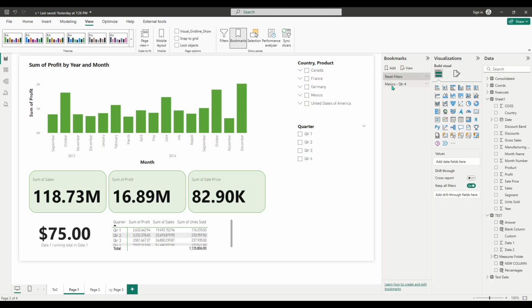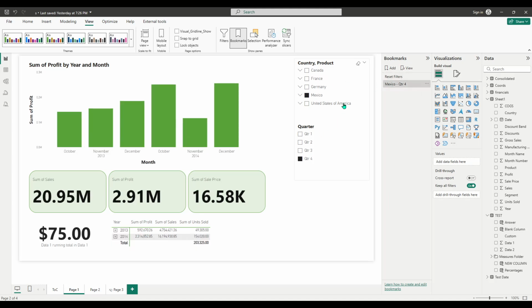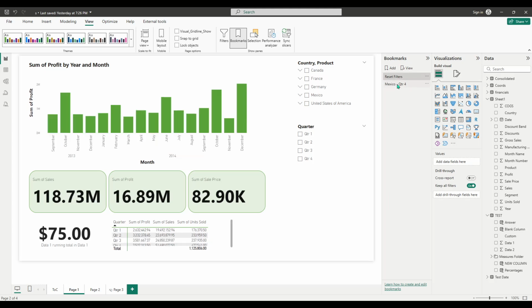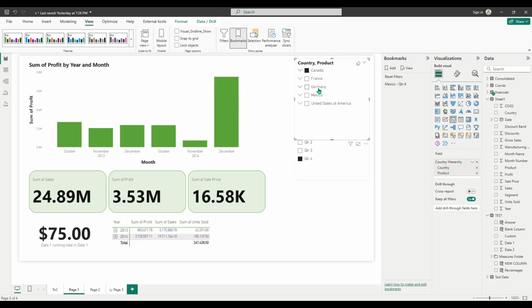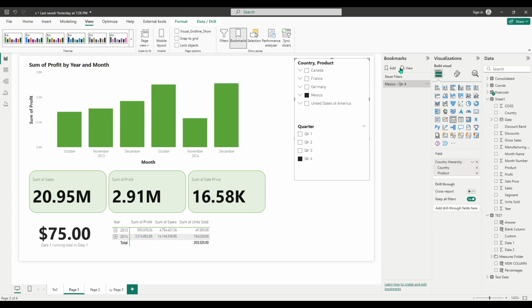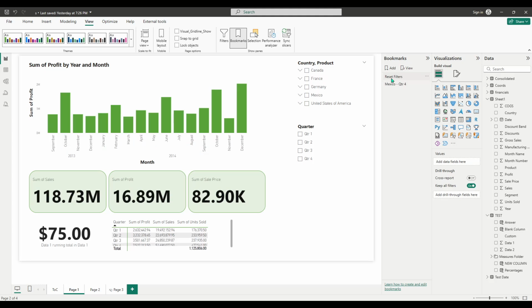To use your saved filter setup, try changing a few filters to simulate exploring other scenarios. Once you're ready to jump back, simply click the bookmark you just created in the Bookmarks pane. The report will revert to the saved state, restoring your chosen filters and view in an instant. This is especially handy when you need to compare different scenarios and then quickly return to your baseline configuration without